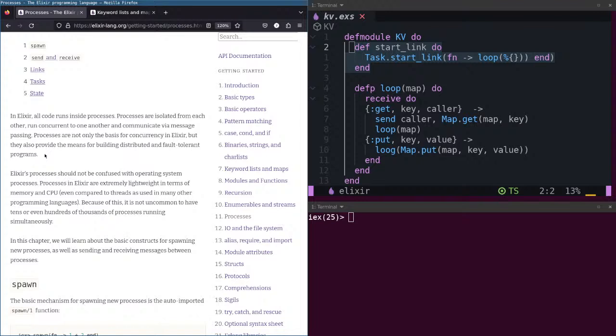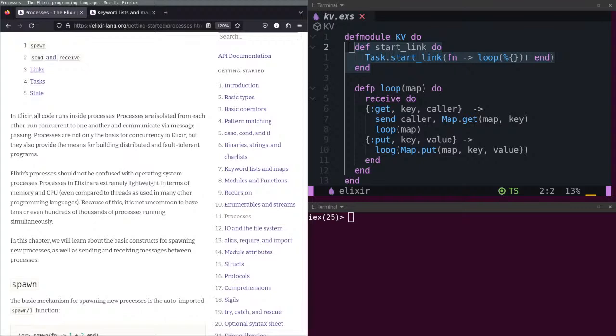Because of this, it's not uncommon to have tens or even hundreds of thousands of processes running simultaneously.